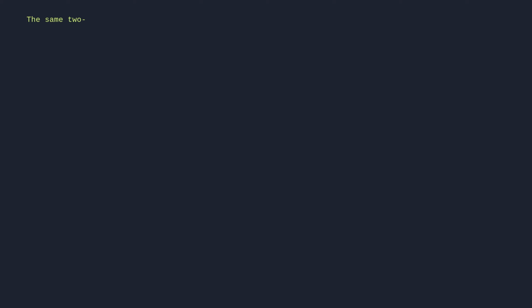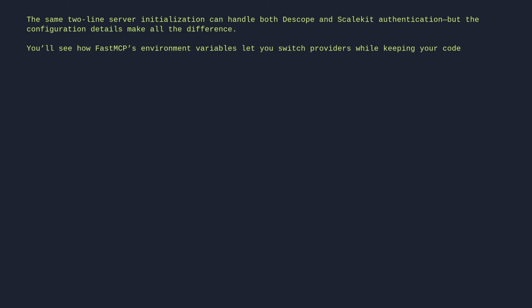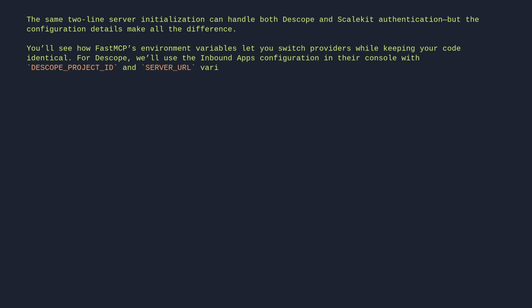The same two-line server initialization can handle both Descope and Scalekit authentication, but the configuration details make all the difference. You'll see how FastMCP's environment variables let you switch providers while keeping your code identical. For Descope, we'll use the inbound apps configuration in their console with Descope project ID and server URL variables, while